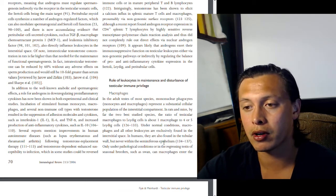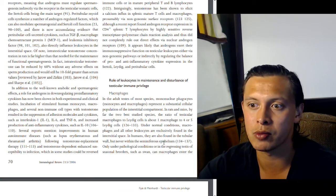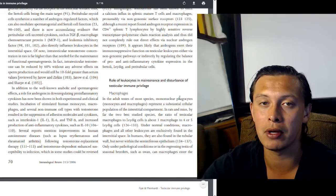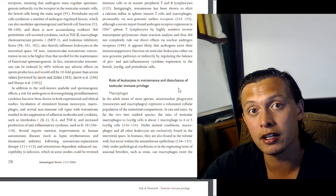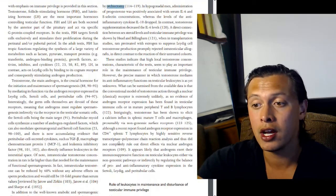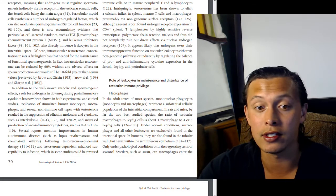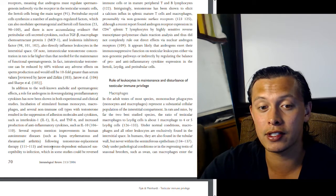But remember, the immune system is not just working good or working bad. Your immune system is always ebbing and flowing between what it needs to do based on infections and how it's damaging your own cells. And so there are some cases where some people